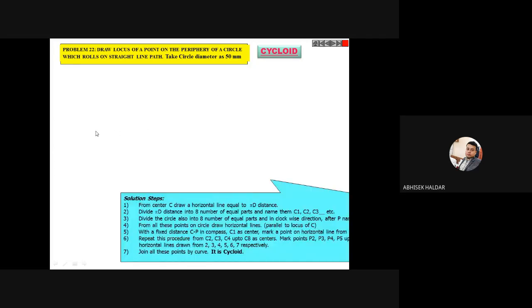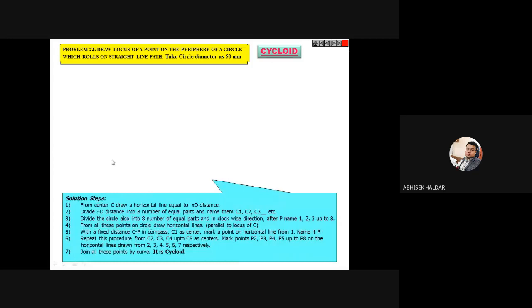So what are the steps? Let us see now. Some steps are given here, but you should try to listen to my words, and I think that will be enough. You can see these also, but I'll show you each and every step with the help of animation. First step, you have to draw the circle. The diameter is given as 50 millimeter, which means the radius is 25 millimeter, or 2.5 centimeter. Taking that as the radius, you have to draw this circle first.